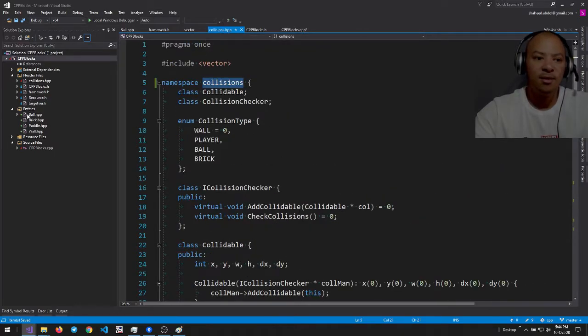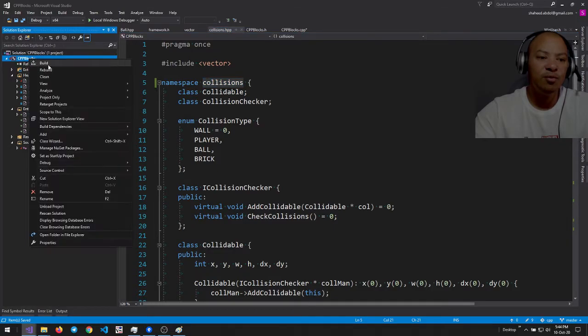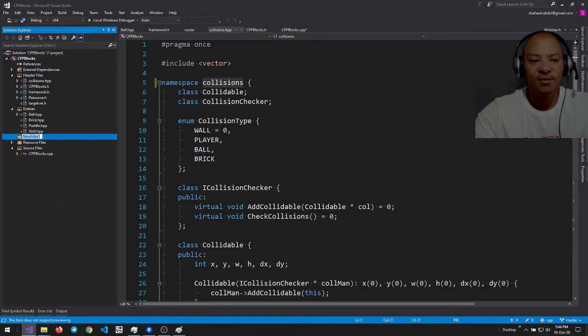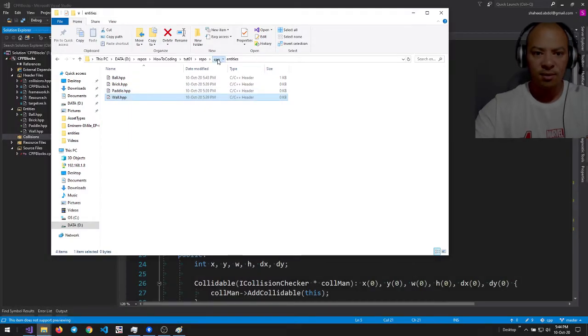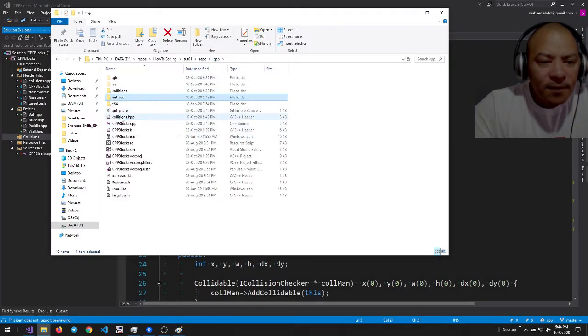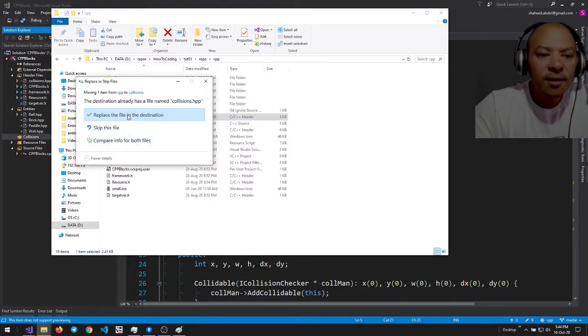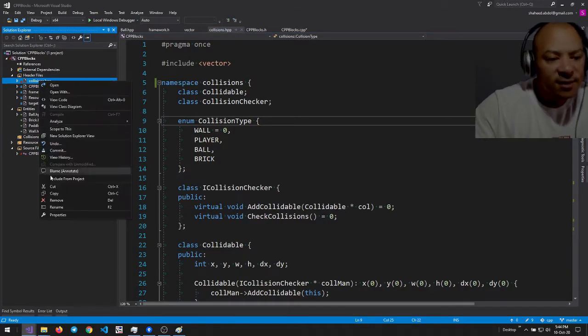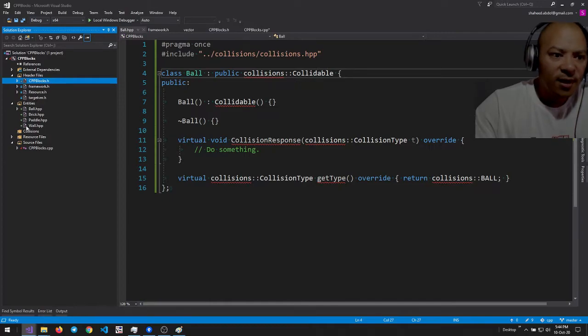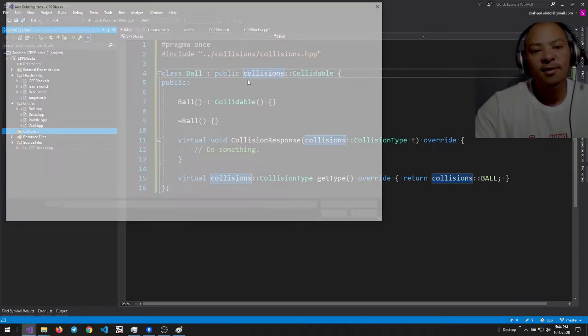Oh, I know what's wrong. Collisions actually moved. New, add new filter. Sorry, I don't use filters so much. Collisions, I think it was collisions. Let's just drag that in there. Yes, replace the file in the destination. Right, so this thing, actually just remove this. Yeah, remove, and then just add it again. Add existing item,